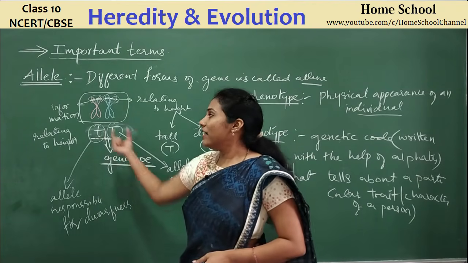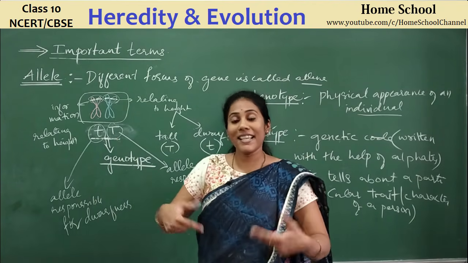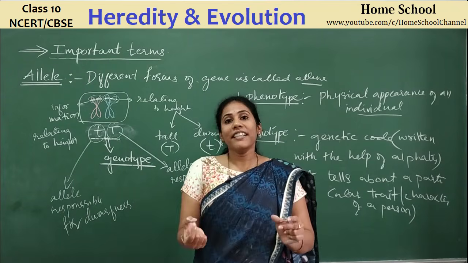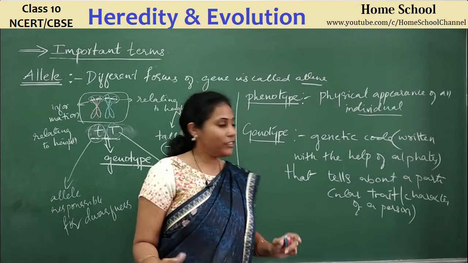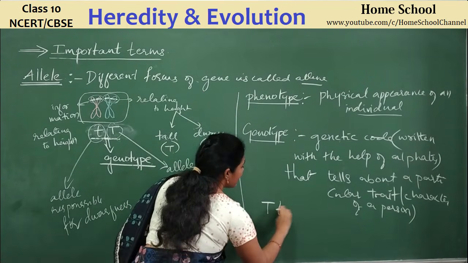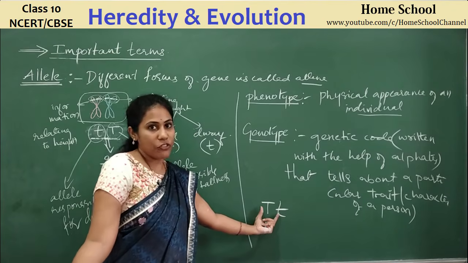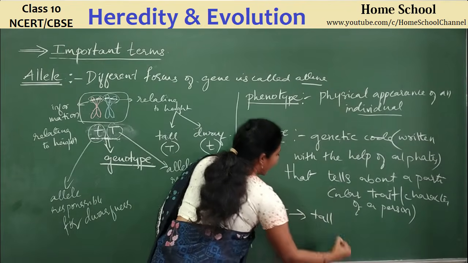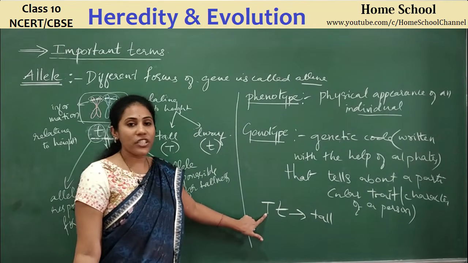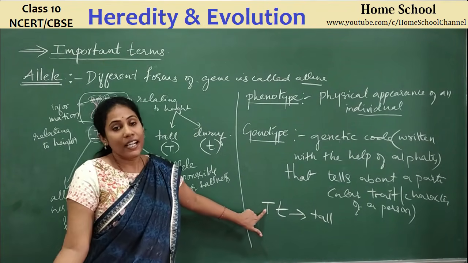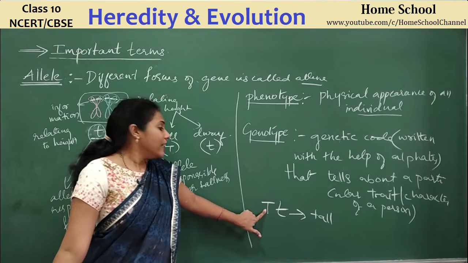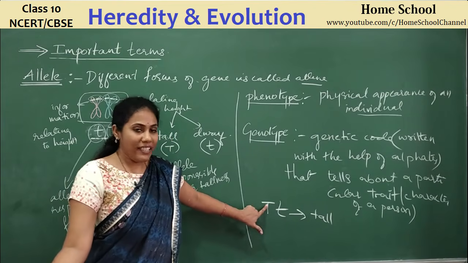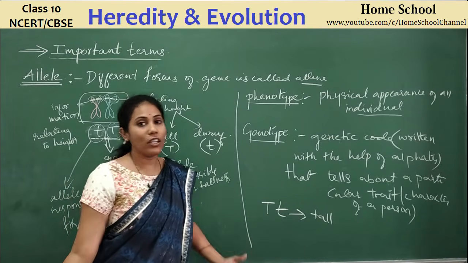This is what we call genotype. Genotype means genetic code, guys. We write that genetic code with the help of alphabets. For example, capital T, small t is one particular genotype. Looking at this, you can tell a person can be tall because a dominant gene is there. This is the one that will stay active in the body. So this particular gene is responsible for the height. Since this one is for tall, the person will also grow as a taller person.